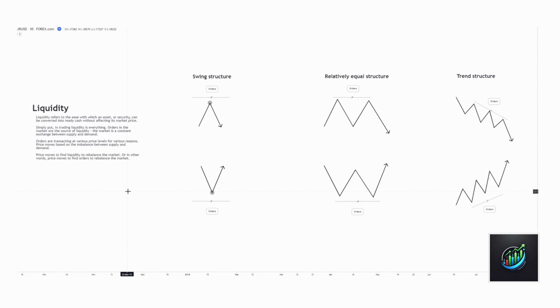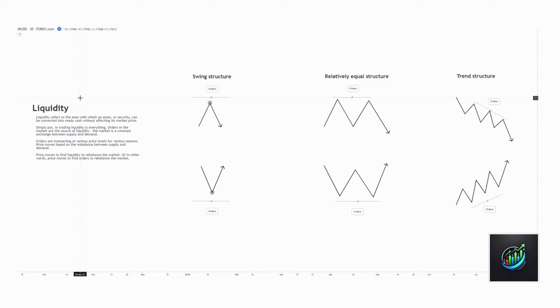It's no different than if we look at, say, a grocery store. If you're buying something like strawberries, you might get a bushel of strawberries for $5, but another vendor has a bushel of strawberries for $6. More than likely, people are going to flock to the $5 price, but as soon as those $5 sell out, but there's still people looking to buy strawberries, they'll go to the $6. And this is what's happening in the currency market each and every day. The only difference is it's not offered by a small local vendor. What's happening is that there are orders at various price levels willing to be facilitated for the purpose of transactions, for the purpose of liquidity.